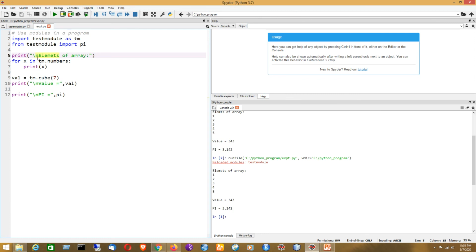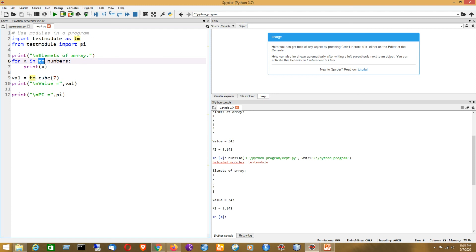Now I would like to access each of the elements present in the array by using the for in loop. It is quite simple. Now instead of using the entire, that is a big name for the module, I would like to use a different technique for having the rename option, that is the alternative name. So test module is being replaced by TM here.